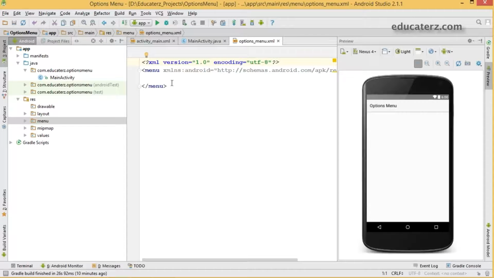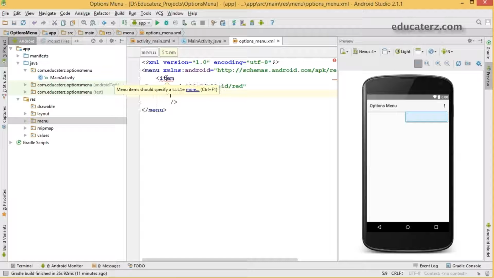As we discussed in our previous session, the root tag must be menu, and inside that we are going to add item attributes for each and every menu item. I'm creating items now one after the other. For every item there are some common attributes as we discussed: ID and title. So create an ID for this. I'm going to take some colors. When I click on a button or choose an option, it is going to change the background color for me. So I'll say the first one is red. I'm taking some basic RGB colors.